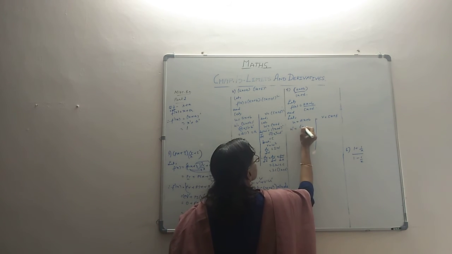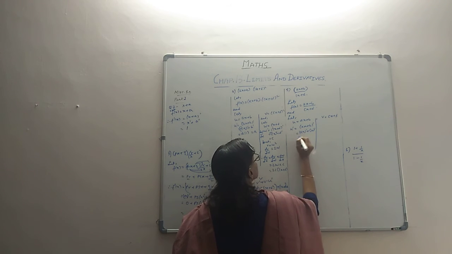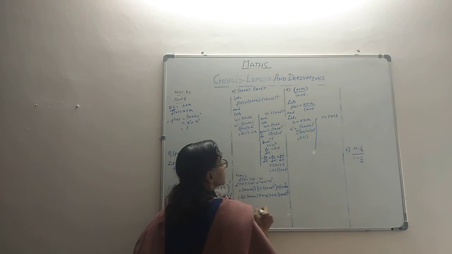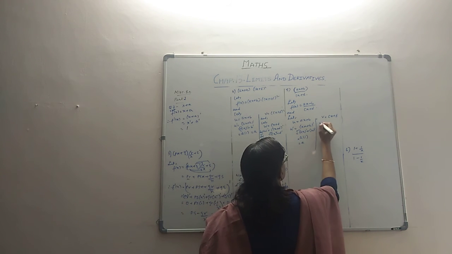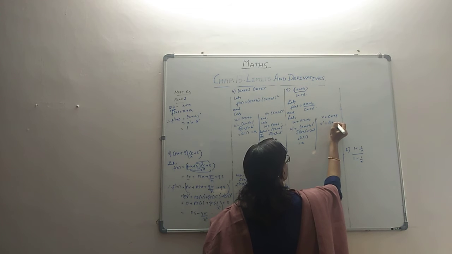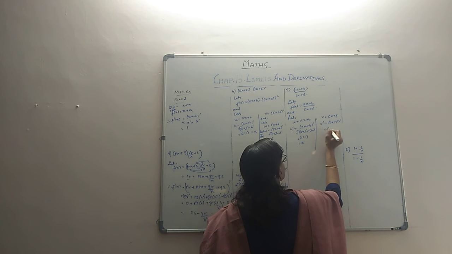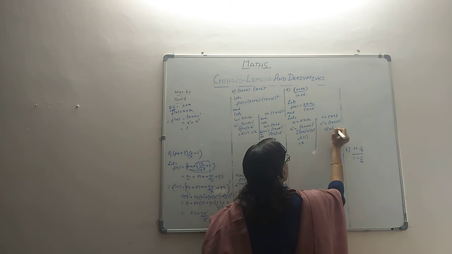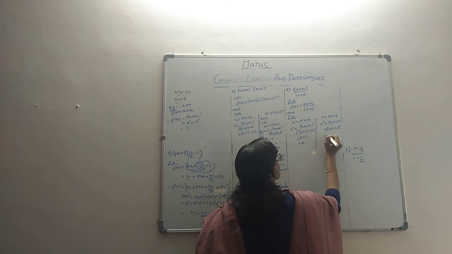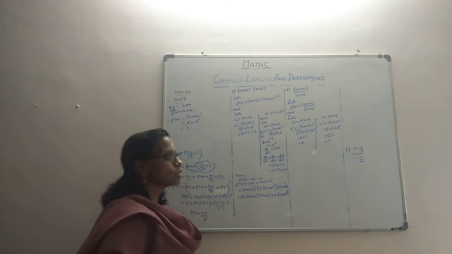The derivative of u is the derivative of ax plus the derivative of b. a jumps out, a times 1, and b is a constant, doesn't have a derivative. Finally the derivative is a. Similarly for v, the derivative of cx and the derivative of d. c jumps out, c into 1, and d doesn't have a derivative. It's a constant. Finally it is c. So we are done with all this.